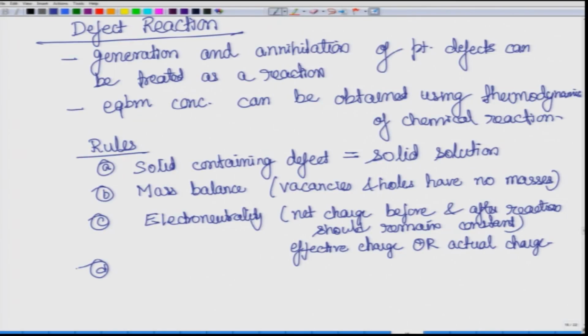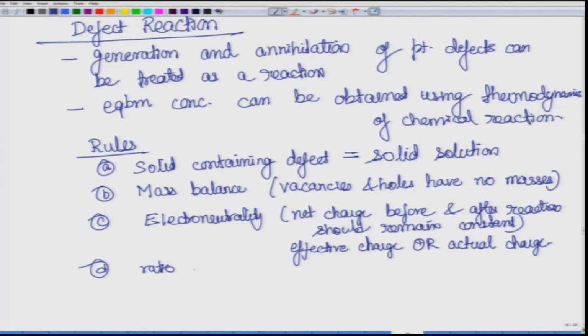Now, like I said, we are talking about ionic solids. So, the ratio of lattice sites, for example, if you are talking about MO, there is one M, one O. So, the total number of sites for M and the total number of sites for O should remain equal, and similarly, if there is some other system, M2O3, then the sites for M and O should remain in the ratio 2:3. So, that is what I mean when I say the ratio of lattice sites should be maintained.